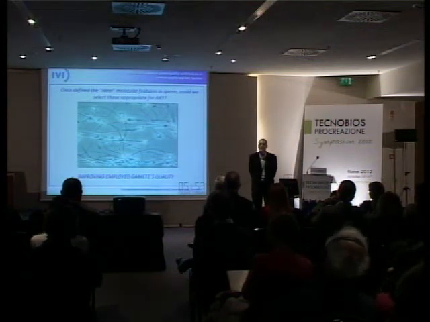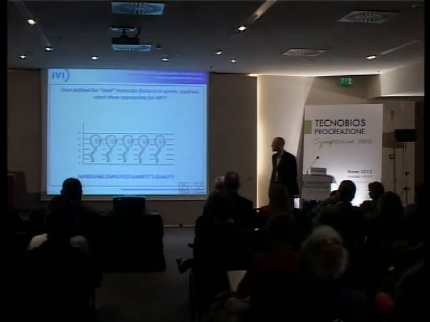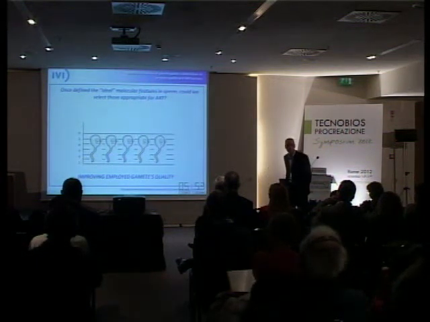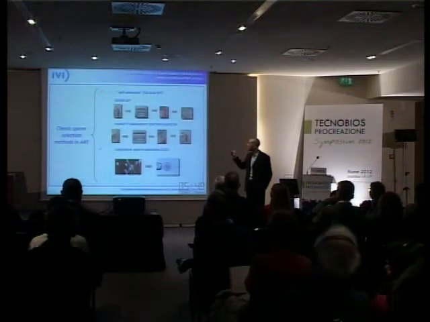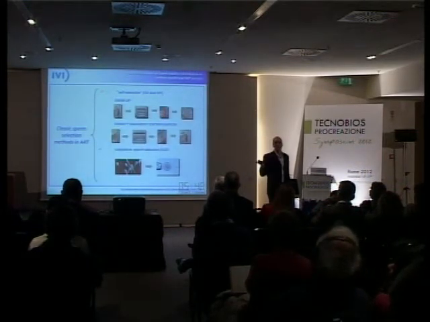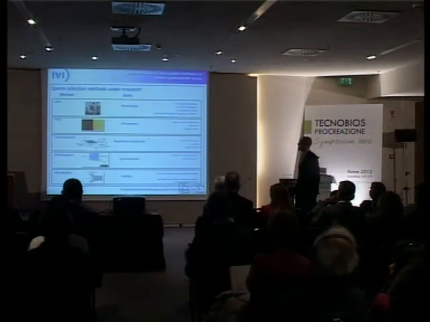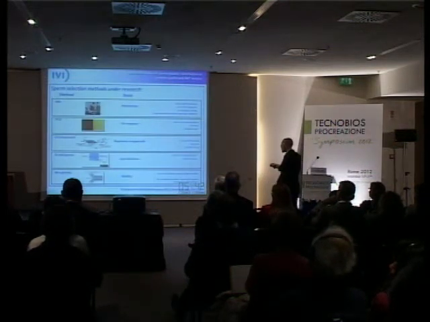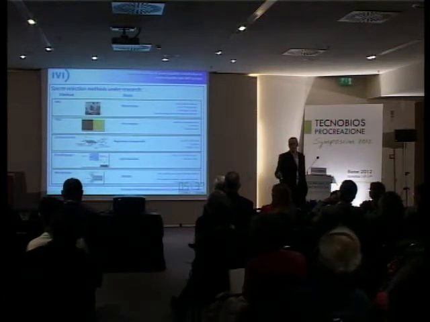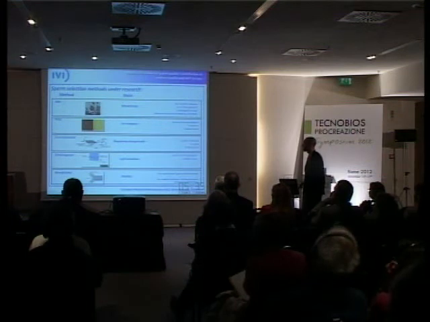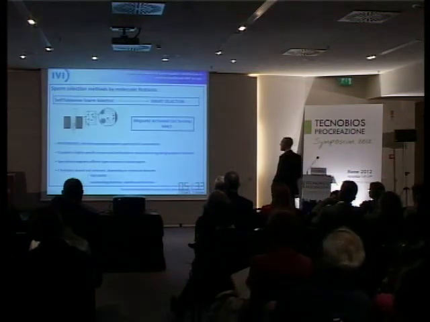Once we define the ideal situation, then we must ask ourselves, how can we use this information to select the appropriate sperm cells for assisted reproduction? Because it's very difficult in a wet sample to decide which one is the best. You know all the currently employed methods in the assisted reproduction laboratory, some of them that have been tested or are being tested in different settings that are not yet available in all the laboratories.